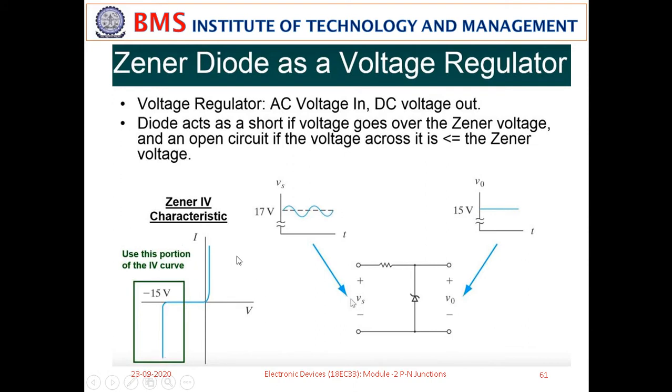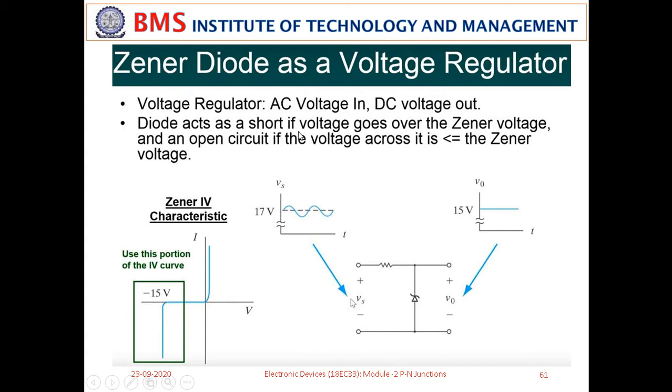All right. Now you can see how you get this perfect DC, even though there are variations of plus or minus 2 volts in this AC voltage. This waveform is what you see after rectification and filtering using a capacitor. This is the rectified and filtered output here. Now, let us see how this diode works.